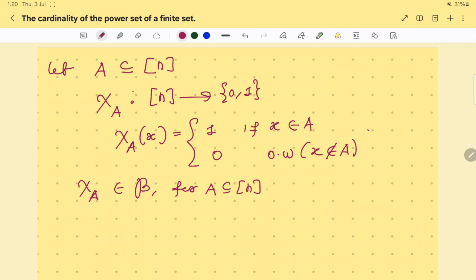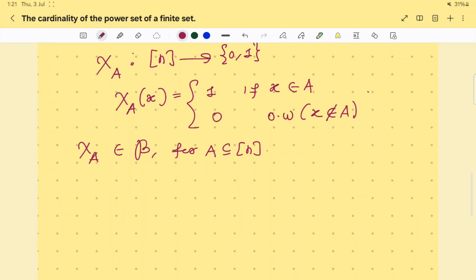So this gives me a construction of a bijection that I desire,